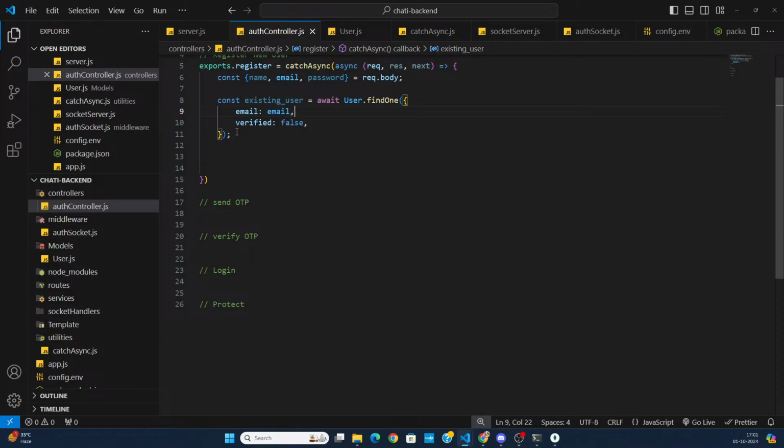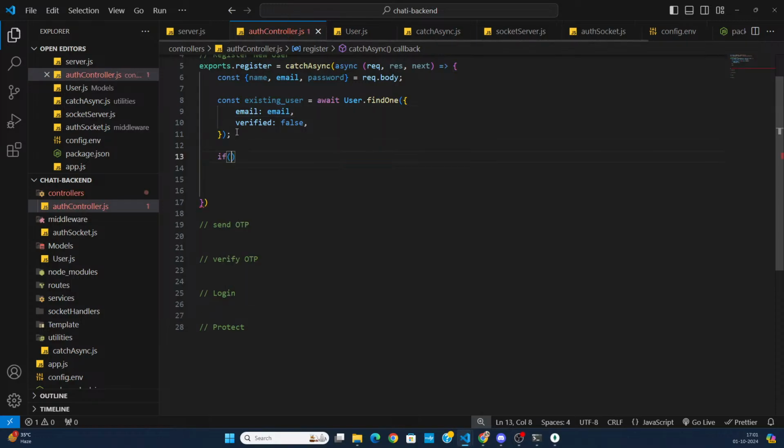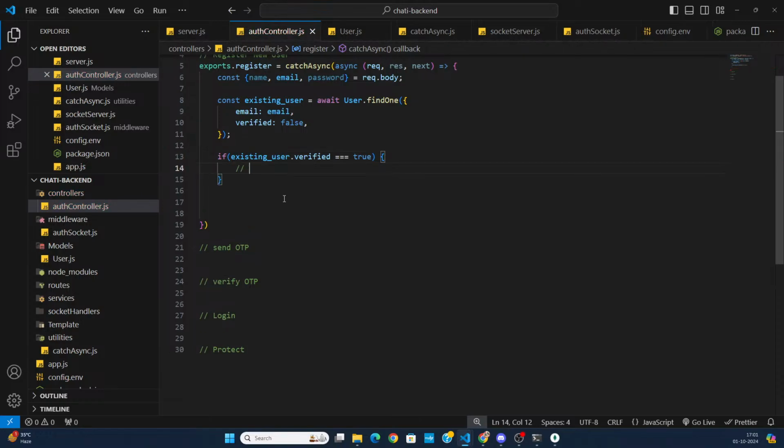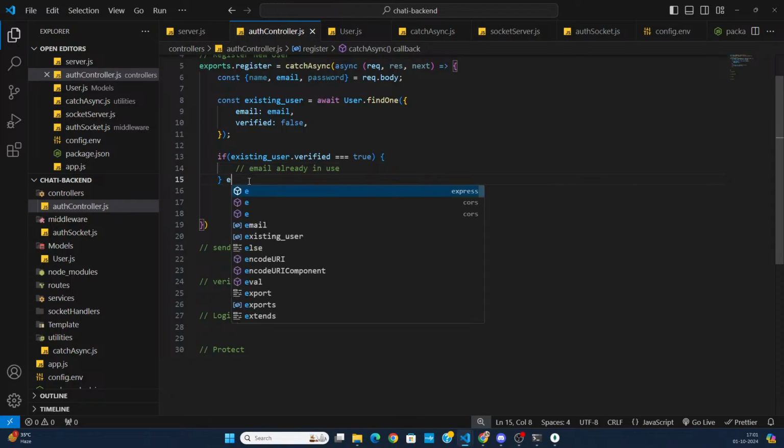So over here we need to write the condition. We can also do it like this: if existingUser.verified, we are going to check the condition if it is true or not. If it is equal to true, then that means we need to throw an error. Okay, email already in use. This is what we are going to tell the user. But in the other case,